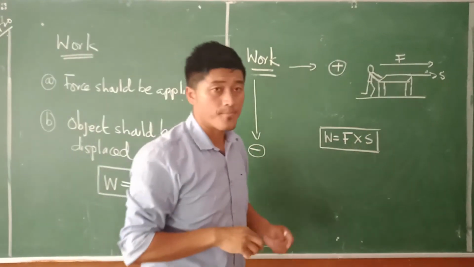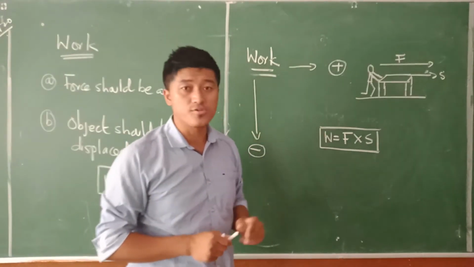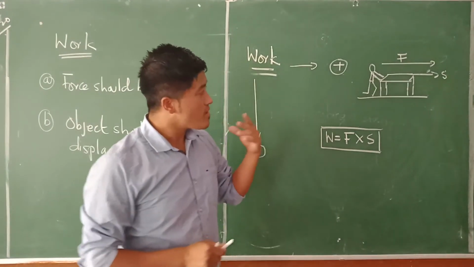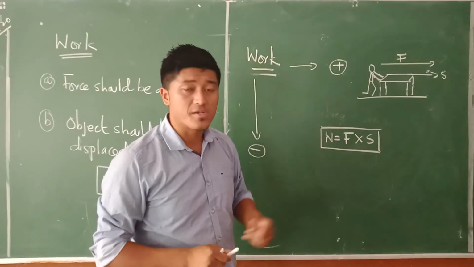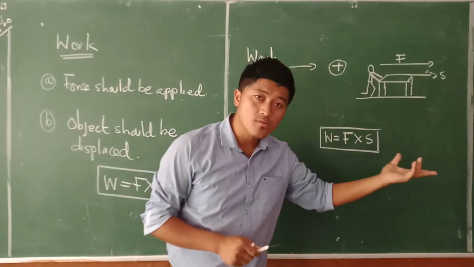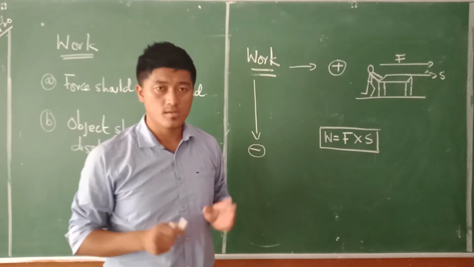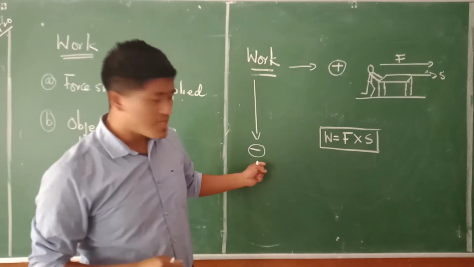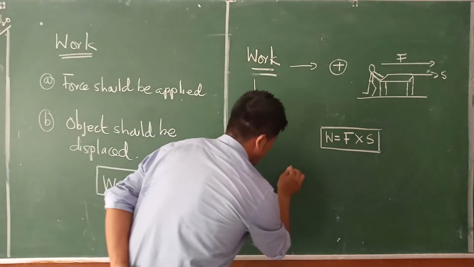Now, what do you see? The force and the displacement both are moving in the same direction. Do you see that? Whenever we come across a situation where the force and the displacement both are acting in the same direction, we call this positive work done. Is that clear? Now, in the case of negative work done, let's suppose